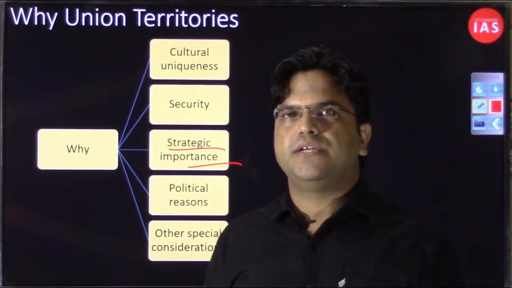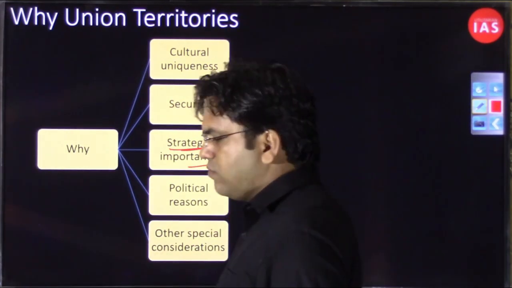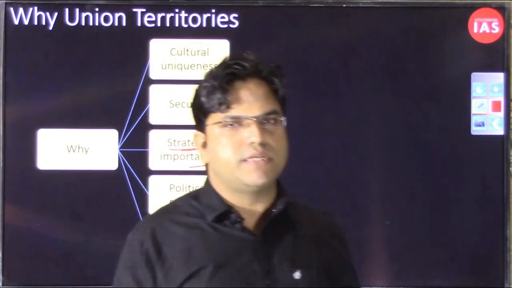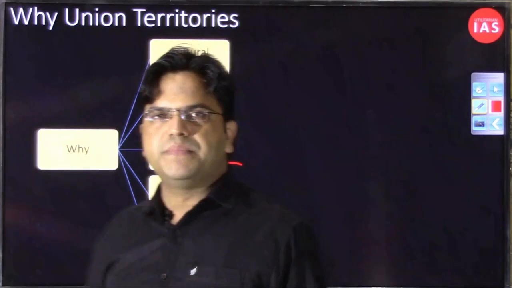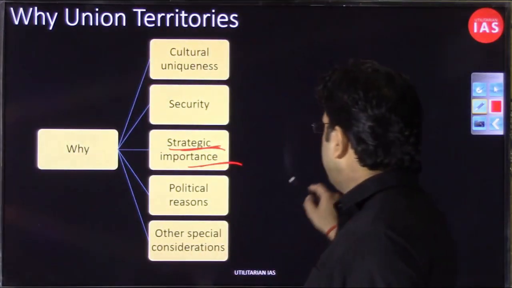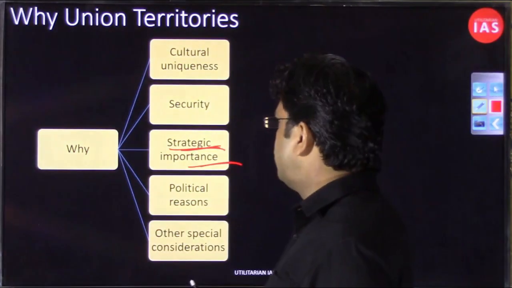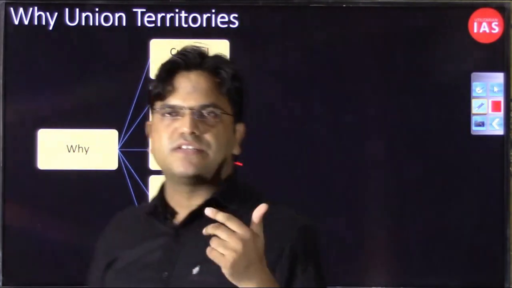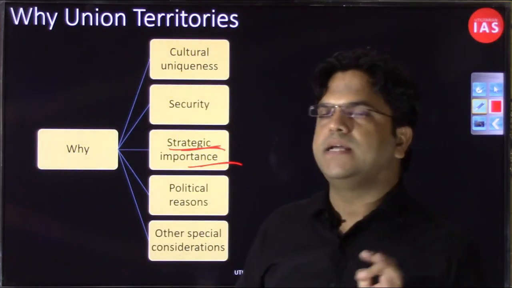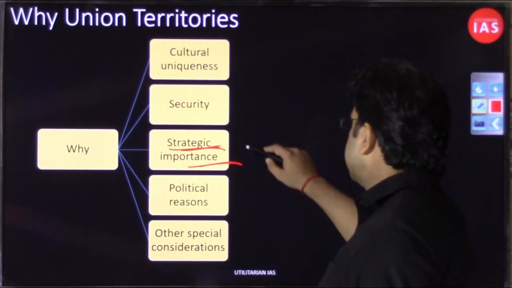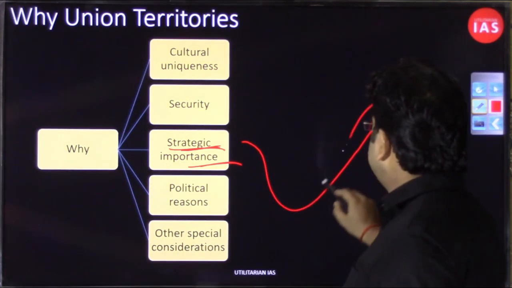As far as Andaman and Nicobar's continuation as a union territory is concerned, it can be justified from the strategic angle. If you have been keeping yourself updated with international affairs, you would know that there is something called the Malacca Strait. And there is one terminology used in international relations, the Malacca dilemma, right? You do have Chinese ships going through the Malacca portion, and then American ships that are coming from